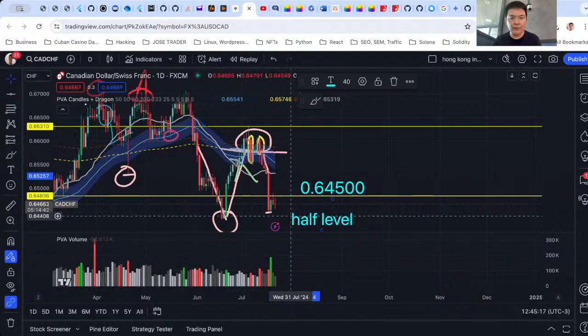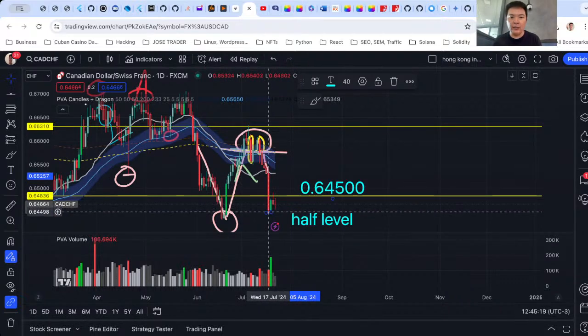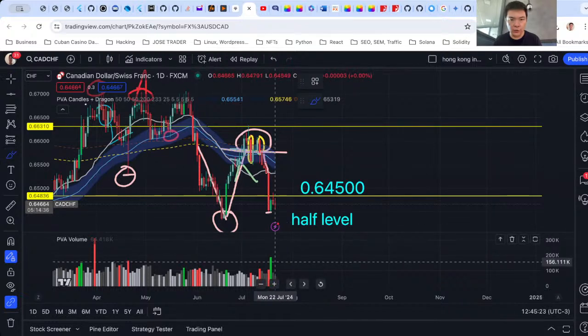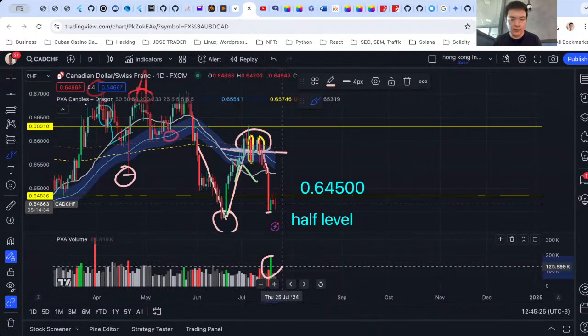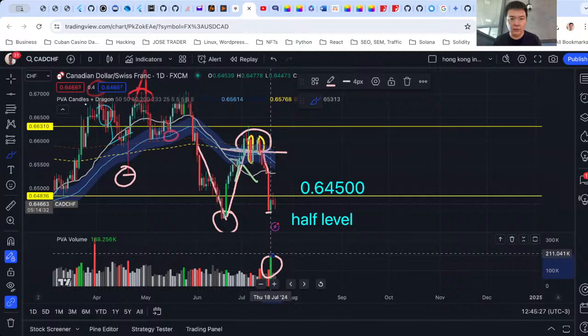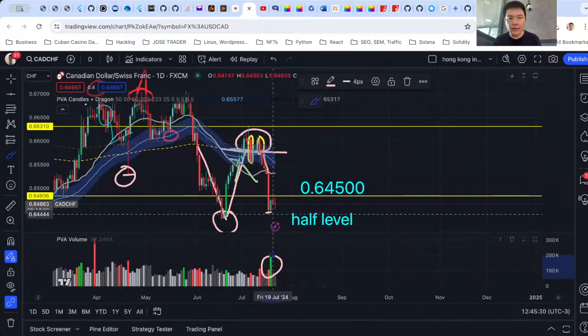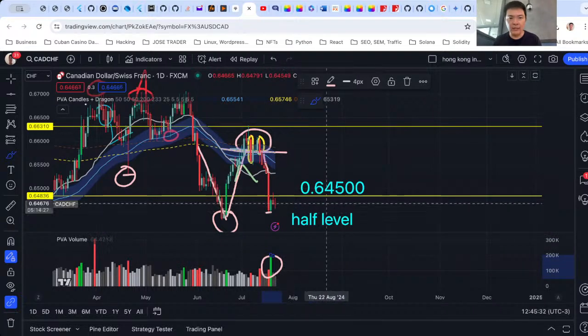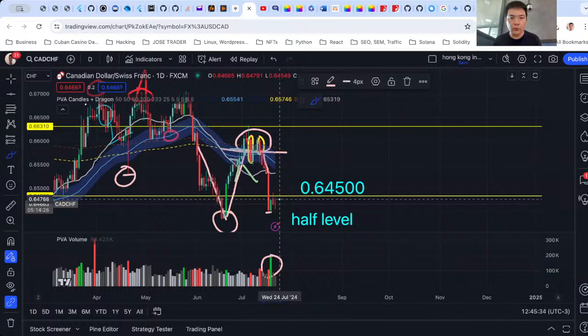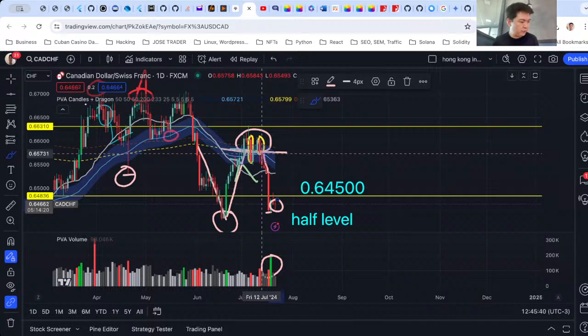So once we identify this, we identify accumulation of volume. There was accumulation of volume here, and the volume was an engulfing pattern. This is an engulfing pattern. Once you have this rejection from the half level, it is a good moment to close the second position. So we identified this accumulation of volume here, and price was being